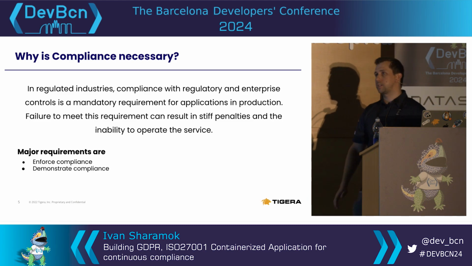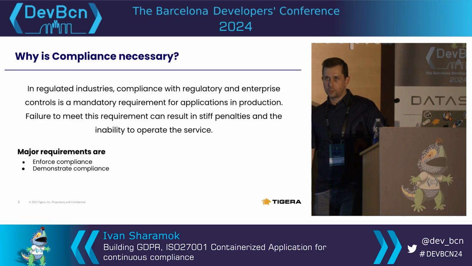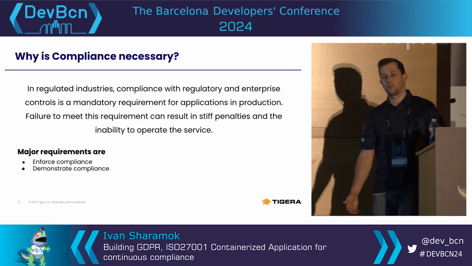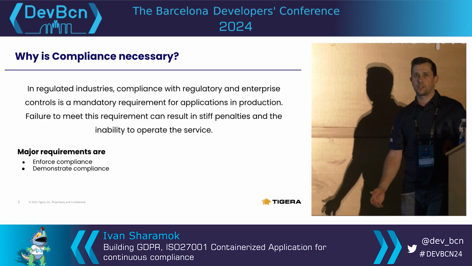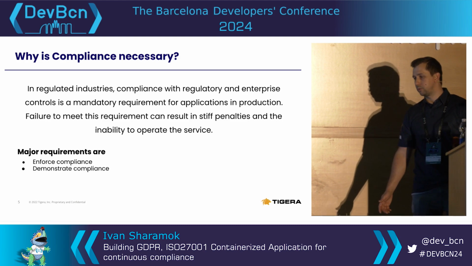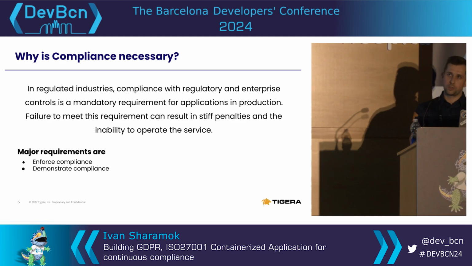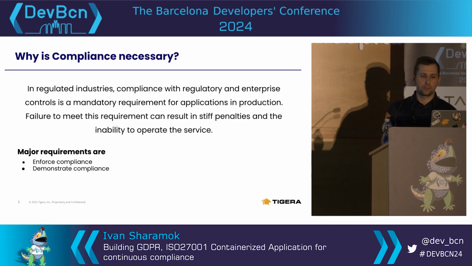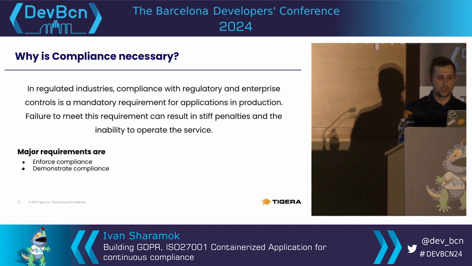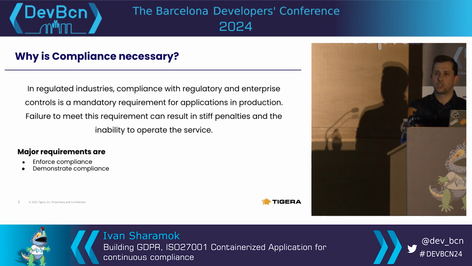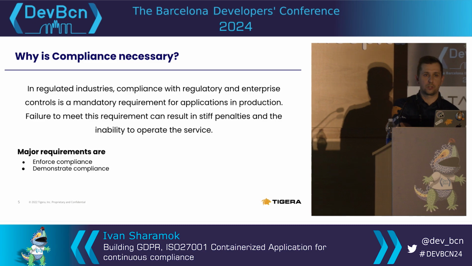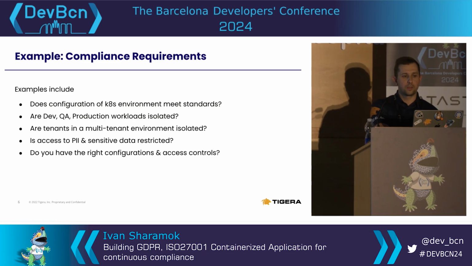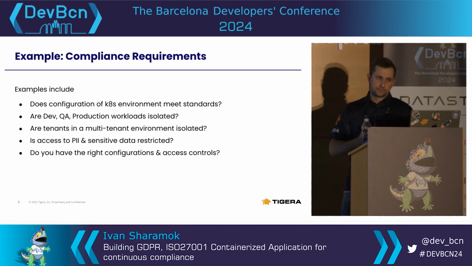And there are two aspects of compliance. There is enforcement, that's the enforcement of controls that I was talking about, that each compliance standard has different types of controls that you need to enforce. And once you enforce that in your system, over time there is an auditor that shows up and needs to do an audit, where you need to demonstrate that it is working correctly.